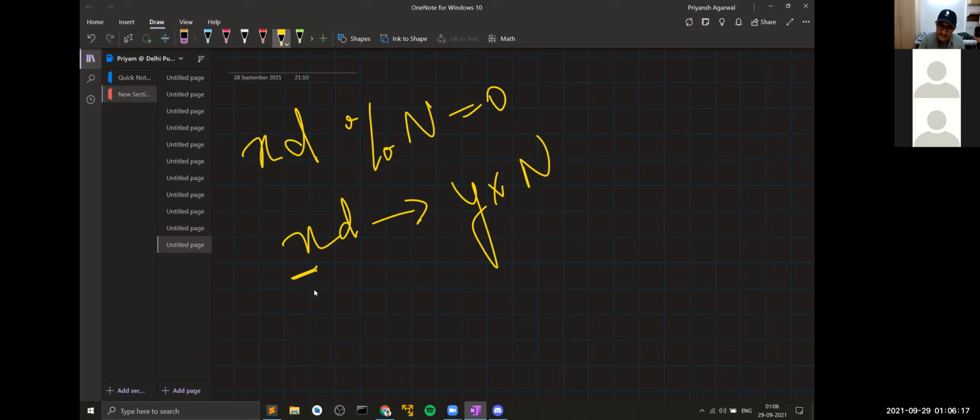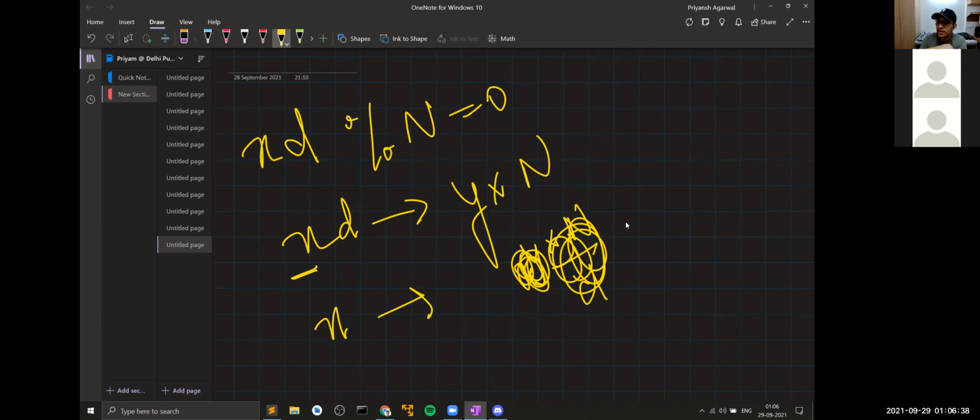We want to find this x. So what is x? x is like y times n by d, right? So we want to find the smallest multiple of n for which this works. So what would be this y? It is a little hard to explain, but this overall quantity, if you want to minimize it, has to be n divided by GCD of n, d.